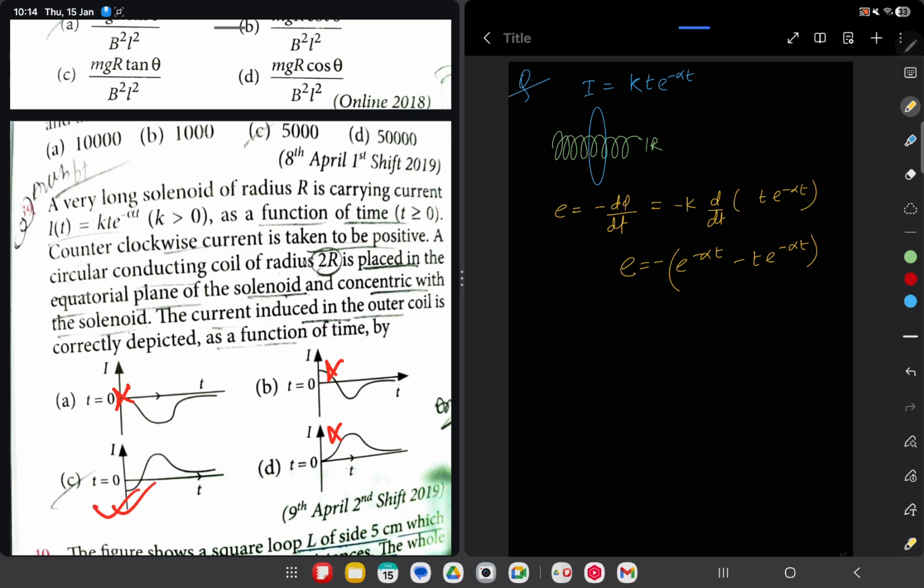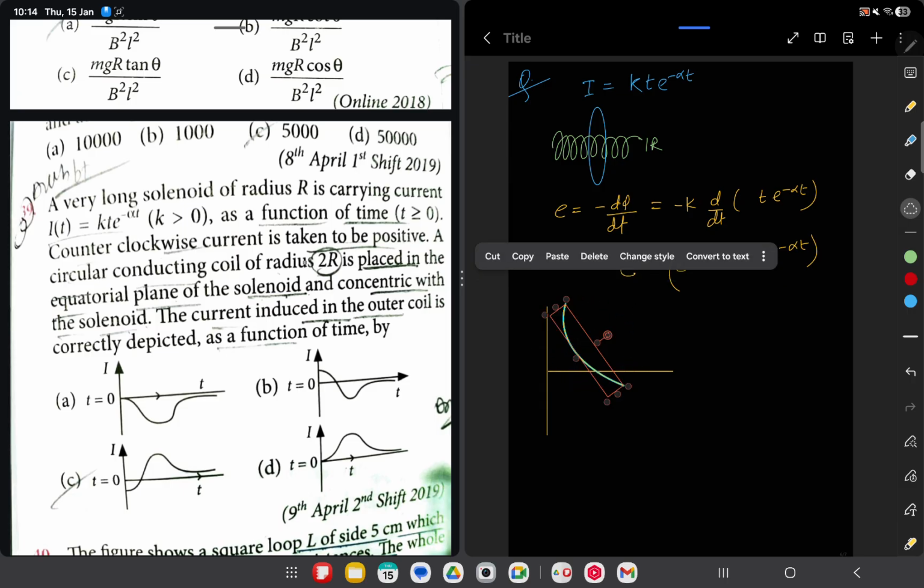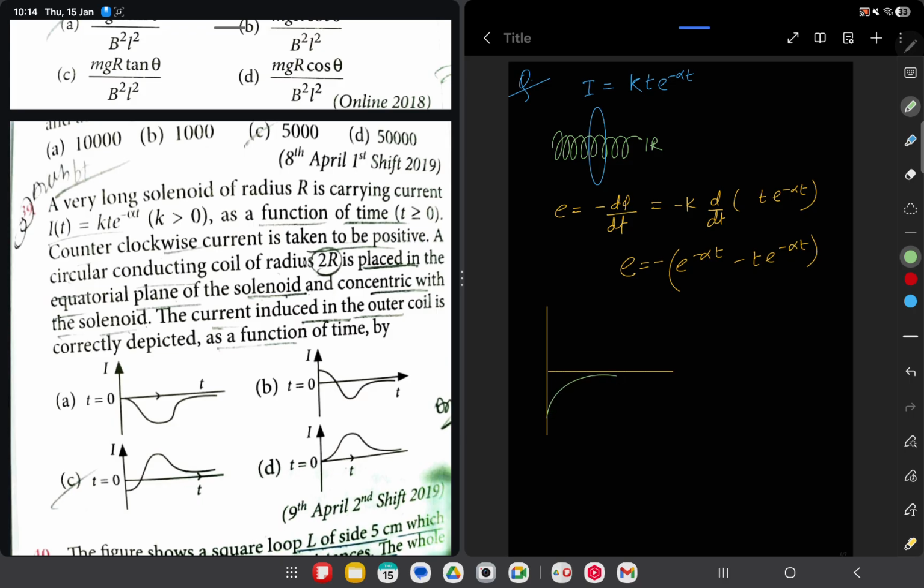Now again, how to draw the graph exactly. So for the exact graph, E is equal to minus e to the minus alpha t. You know well that e to the power minus alpha t is this graph. This graph is your e to the minus alpha t. And now if you write this one, this will be minus e to the minus alpha t and minus t into e to the power minus alpha t. Now if you plot this one,